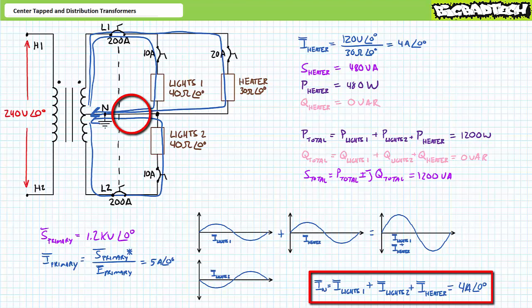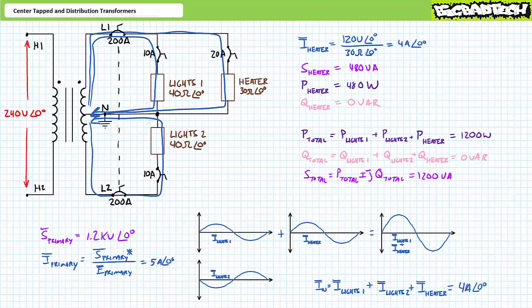Substituting in our given values demonstrates current in the neutral line is 4 amps at an angle of 0 degrees, i.e. the degree of imbalance between that drawn from phases L1 and L2. Note the state of balance of a distribution transformer is also affected by the inductive or capacitive nature of loads